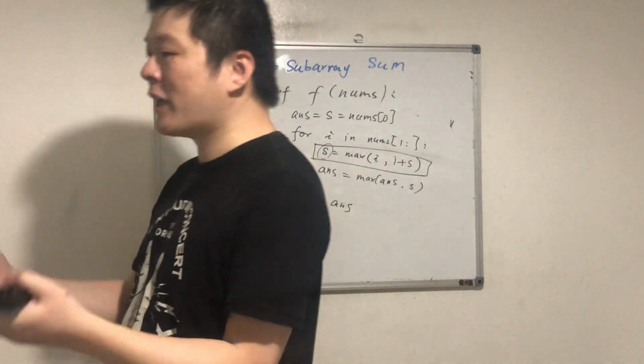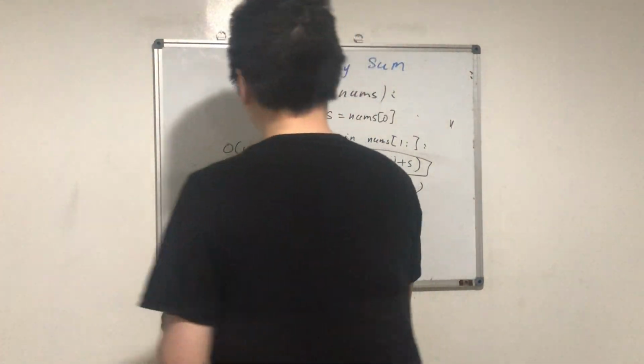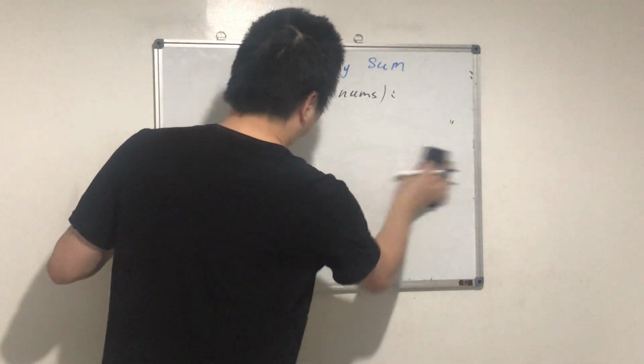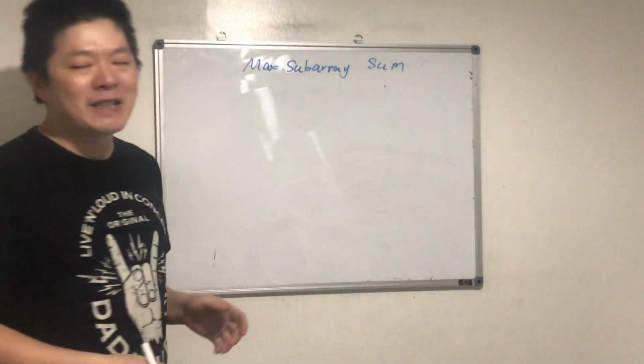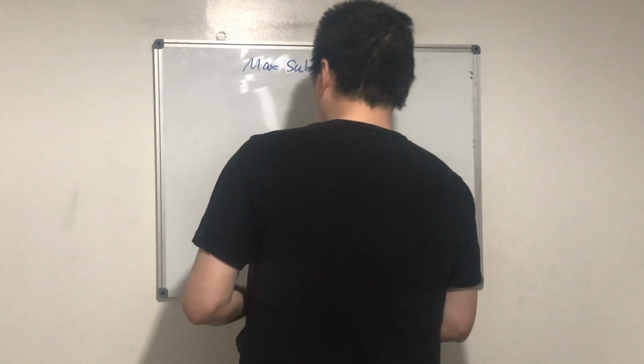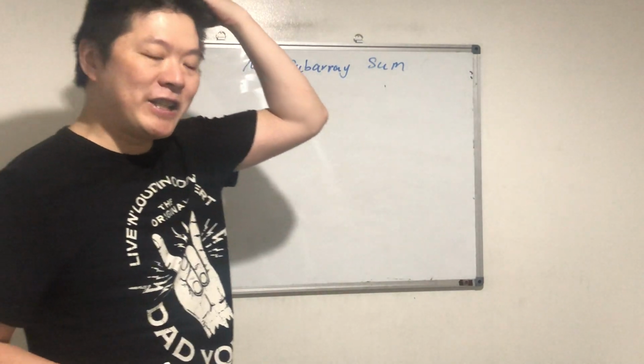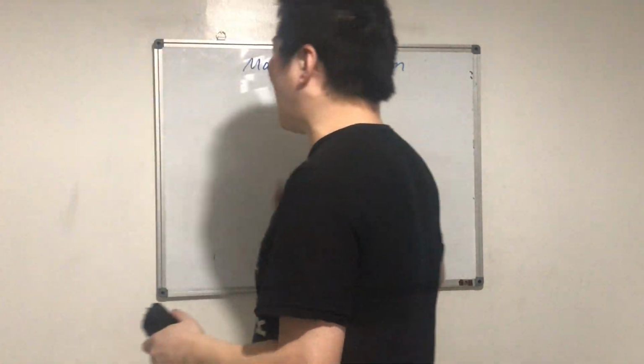You only have these two choices, right? You don't have any other choice, okay? Now let's look at another approach called greedy. It's quite similar to dynamic programming, except that we have the current sum, and then